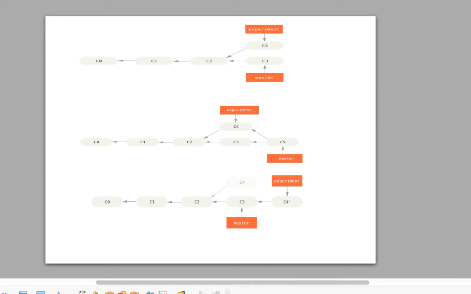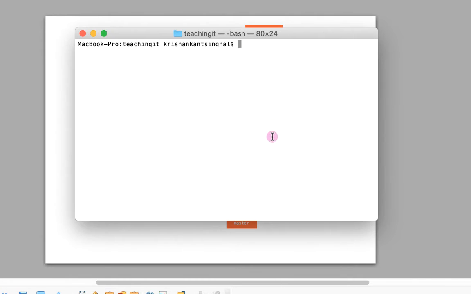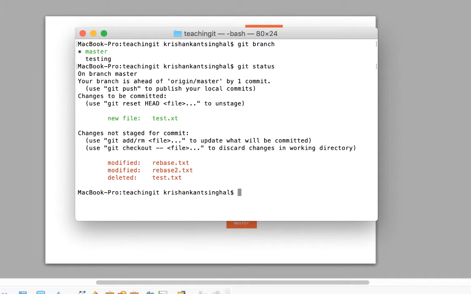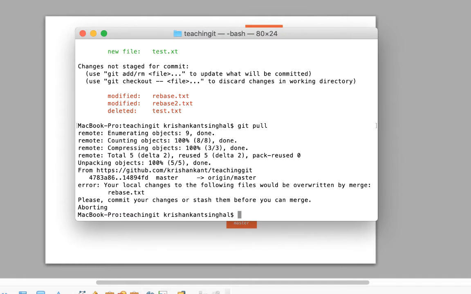For example, in my Git repository, currently let us assume I'm on the master branch and I have some local changes on my system. I have changes in rebase.txt, rebase.2.txt and test.txt. And if I do the git pull, what's going to happen?